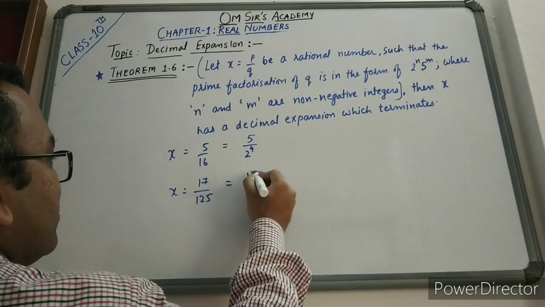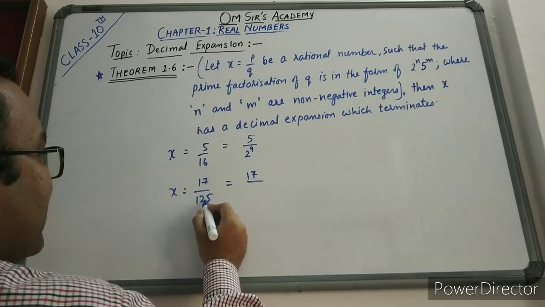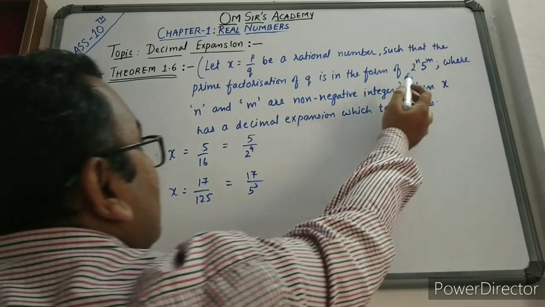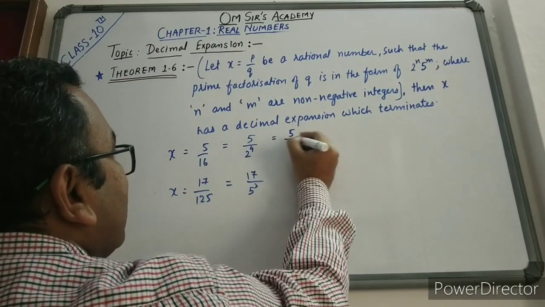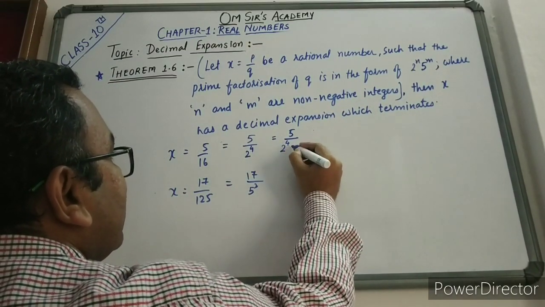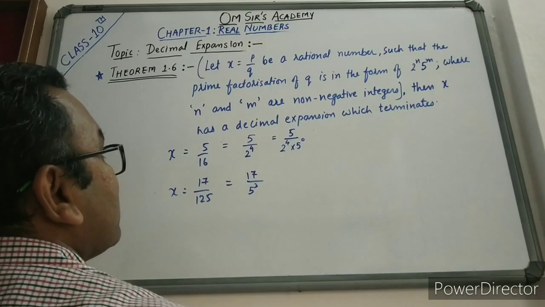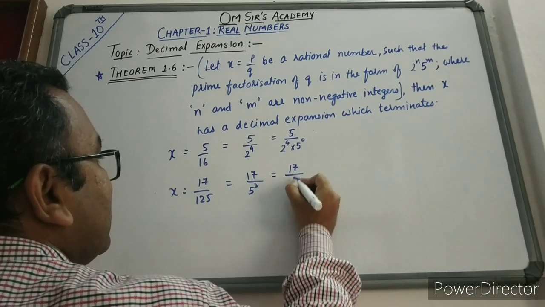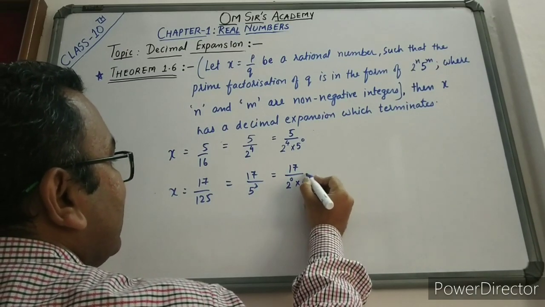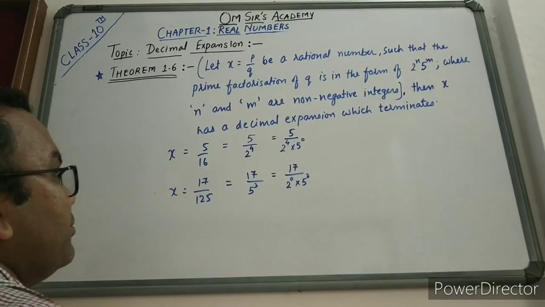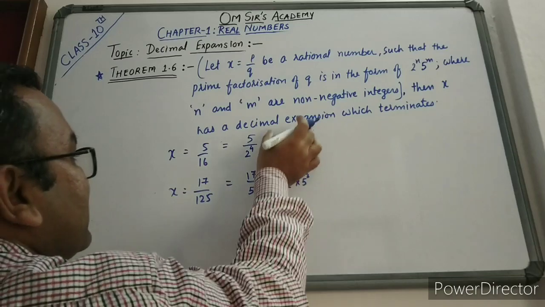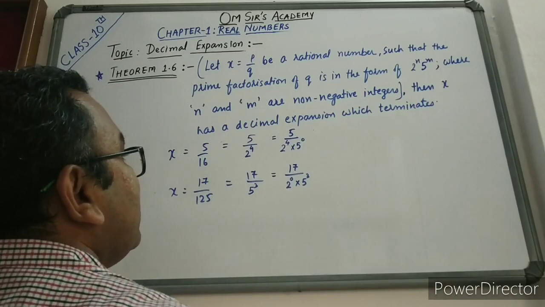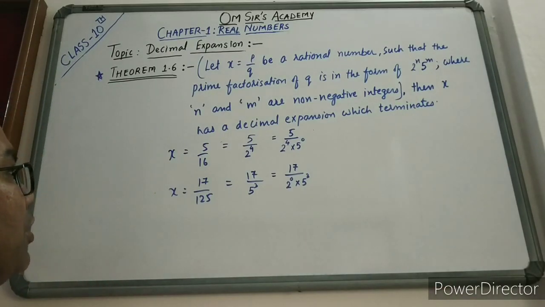Okay. Here also in this case 125 is what? 5 cube. So it can be expressed in this form. But we need in which form? 2 raised to n and 5 raised to m. तो यहाँ पे हम ऐसा लिख सकते हैं, यहाँ 5 नहीं है तो we can write as 2 raised to 4 into 5 raised to 0. Okay. And here there is no 2 present over here, so we can write as 17 upon 2 raised to 0 into 5 raised to 3, because anything raised to 0 is what? 1. Is it clear? So if this is in this form, then we can say that it will have a decimal expansion which terminates. इसका decimal expansion terminate होगा.